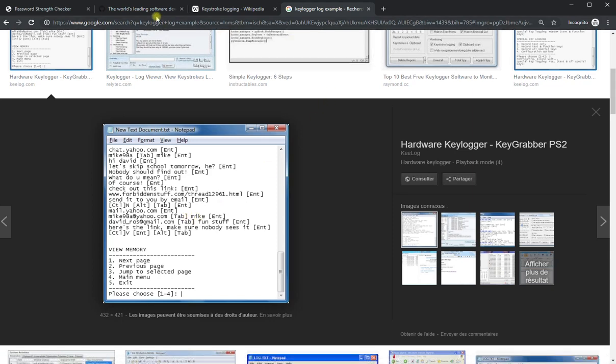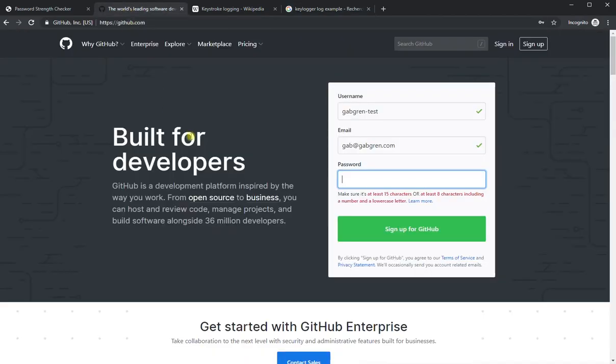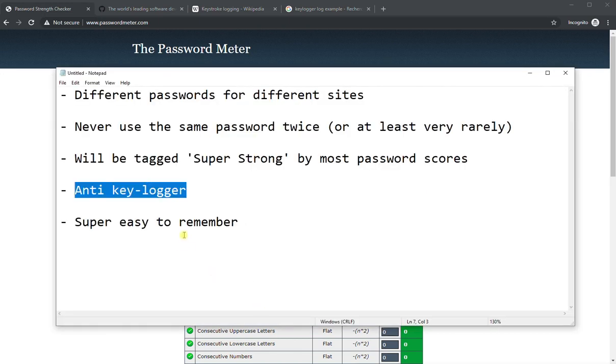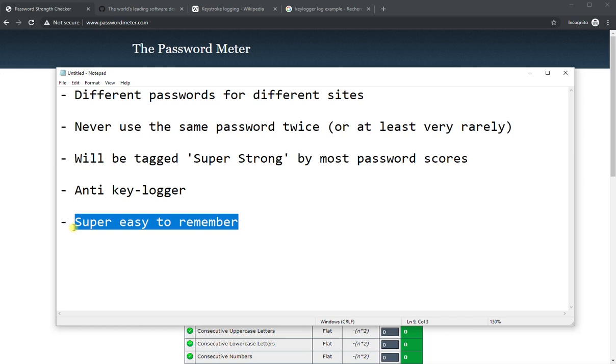So I wanted my passwords to be anti-keylogging as much as possible. Obviously, this method is not bulletproof. All passwords can be cracked eventually, but you'll see that it will lower the risk at a maximum, I believe. And the last thing, but nonetheless, I wanted my passwords to be super easy to remember, because I didn't want to rely on any password provider